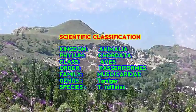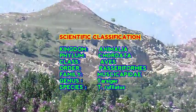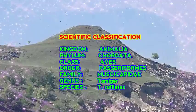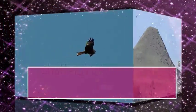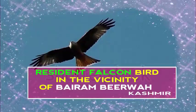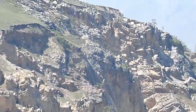Order: Passeriformes. Family: Muscicapidae. Genus: Tarsiger. Species: T. rufilatus. It is closely related to the red-flanked bluetail and was generally treated as a subspecies of it in the past,